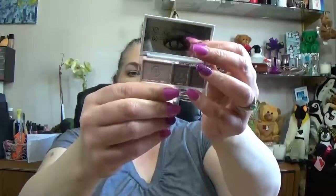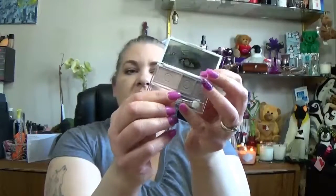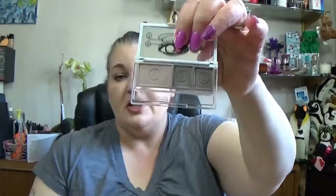Next they had a few different colors for these. This is their eyeshadow trios. They're nice. You can build them up to a good covering, but maybe it was just the one I chose because it's more of a cool tone nude. In fact, this one is called Cool Neutrals. I really had to work it up to get something that actually looked like I was wearing something on my eyes. They're silky,